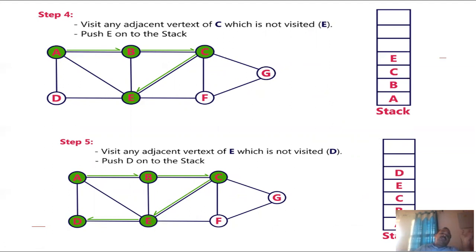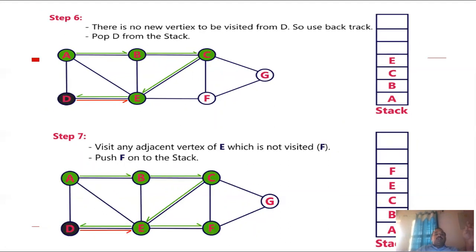Then there are no more visited nodes, but there are unvisited nodes. F and G are non-visited nodes. We should visit all the nodes in the graph. So where is the control now? The control is at D. So here we simply do backtracking. When backtracking starts, the top element is removed from the stack. So in this example, backtracking is started, and D is removed.